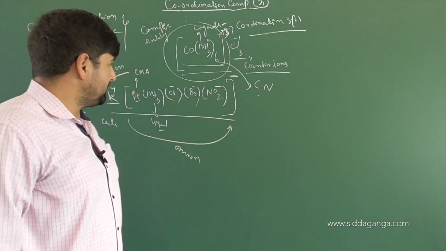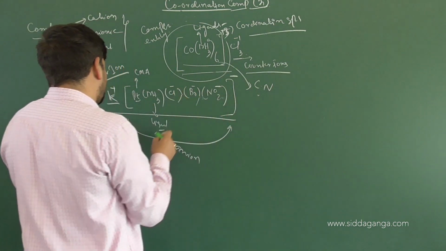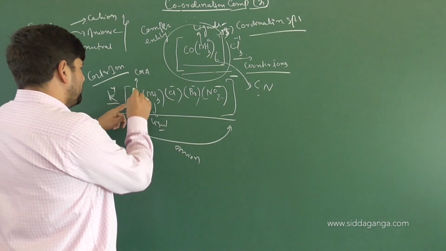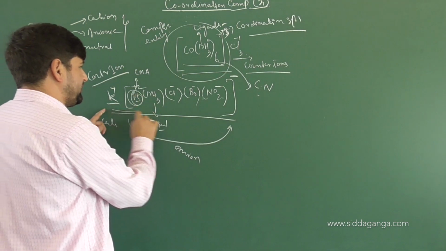Oxidation state of NO2 is minus. How many electrons are needed on the whole in this complex? 1, 2, 3. 1 is lost by potassium. That means 2 should be lost by platinum. So platinum will be in the +2 oxidation state in this complex.